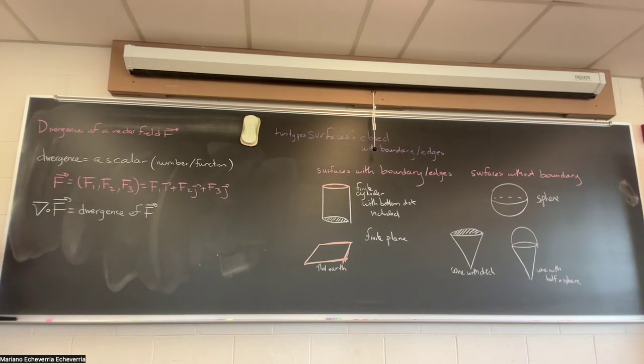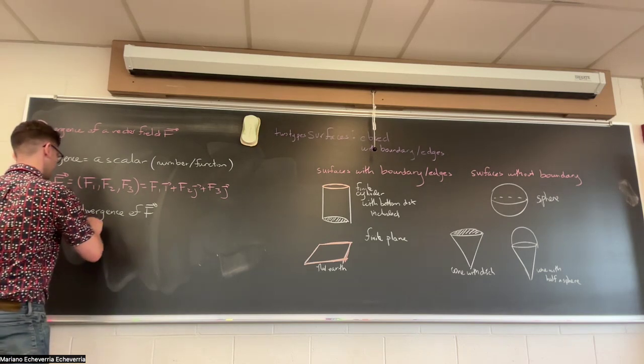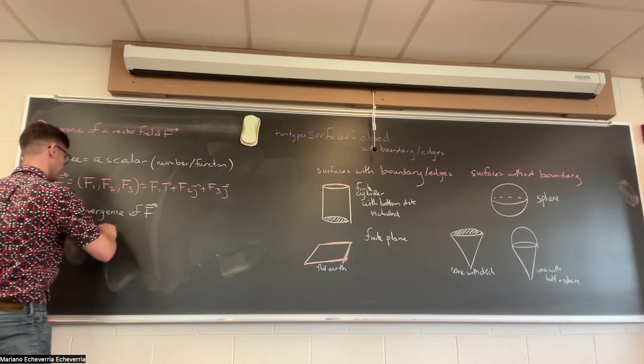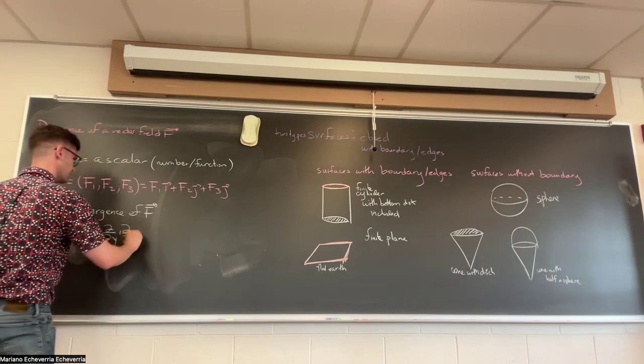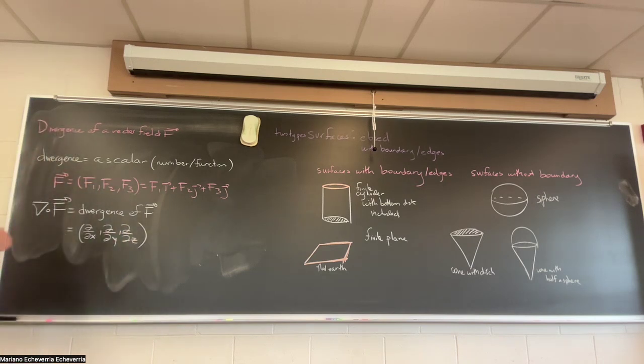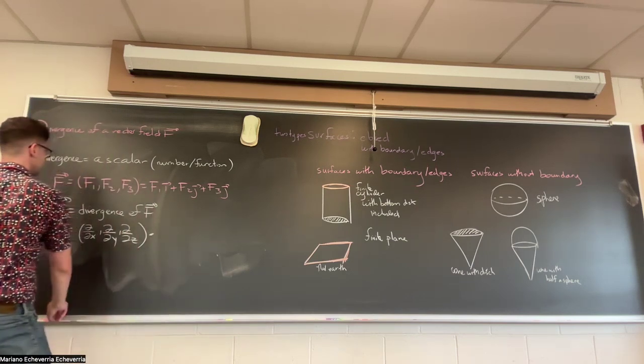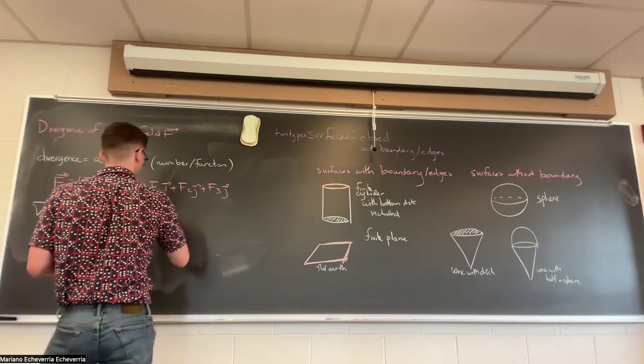The way to remember how to find it is, as the notation suggests, some sort of dot product. This triangle symbol has been appearing with gradient and with curl. It is a representative of the partial derivatives. So think about this as the partial derivatives, and f is just in terms of its entries, f1, f2, f3.